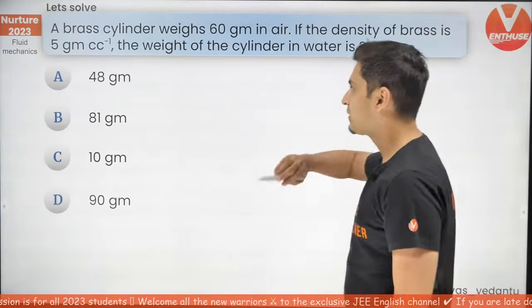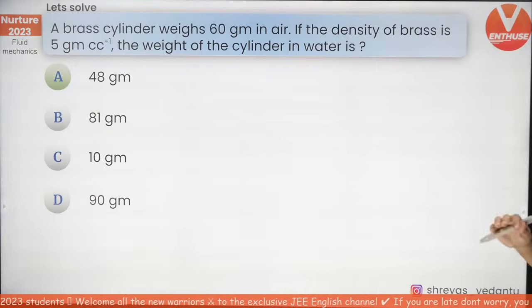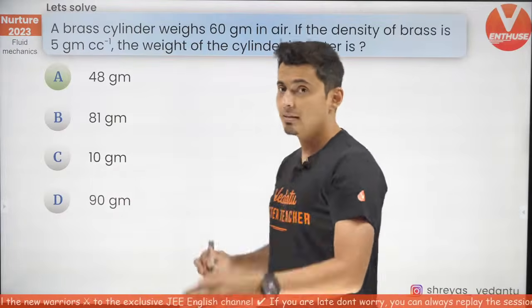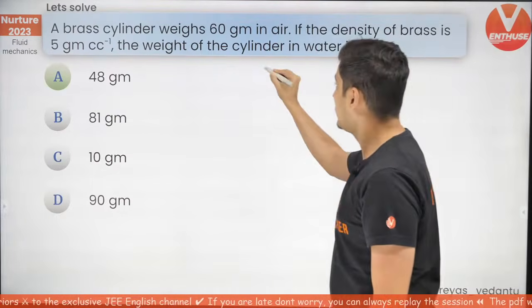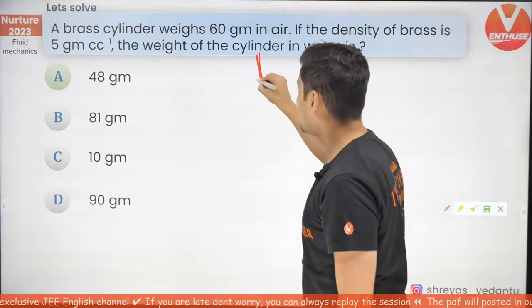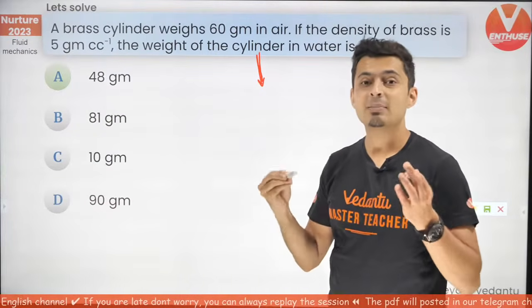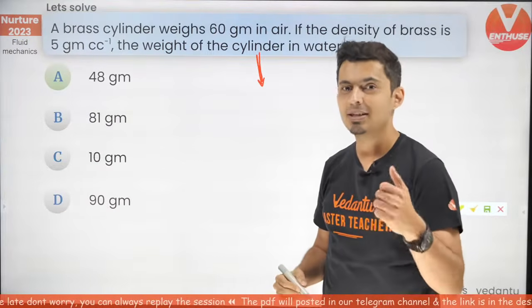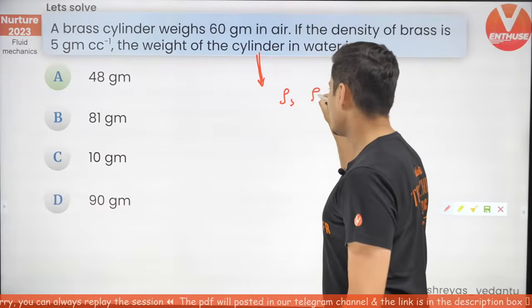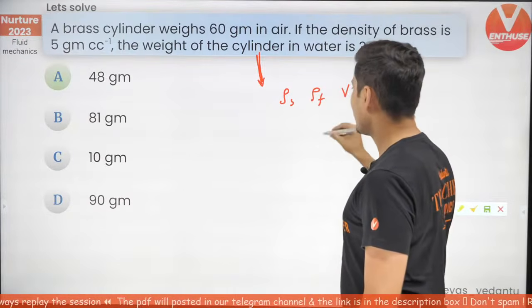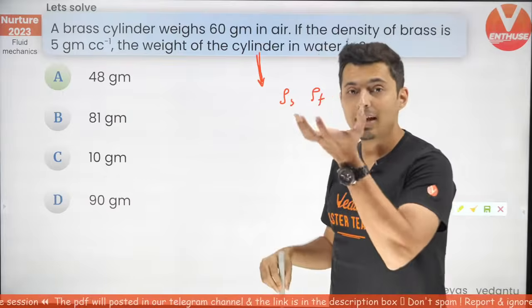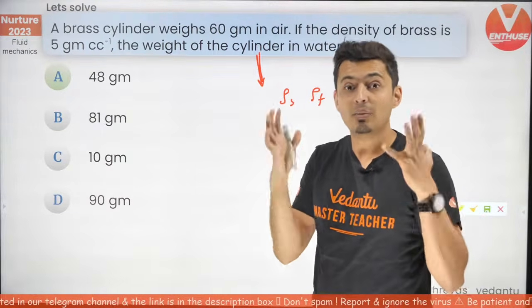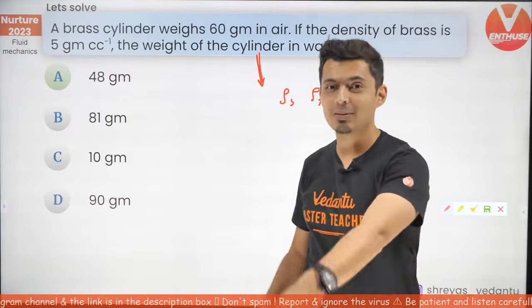Welcome aboard. So this is how the question is. Perfecto. This is very, very interesting. And let me tell you, why is it interesting? Because this was the basis of figuring out whether some impurity is there in that solid or not. If you know the density of the solid, the density of the fluid, the volume, etc., then inside water it should weigh something, inside air it should weigh something. But if it does not weigh that much, then you know for sure that there is some impurity.